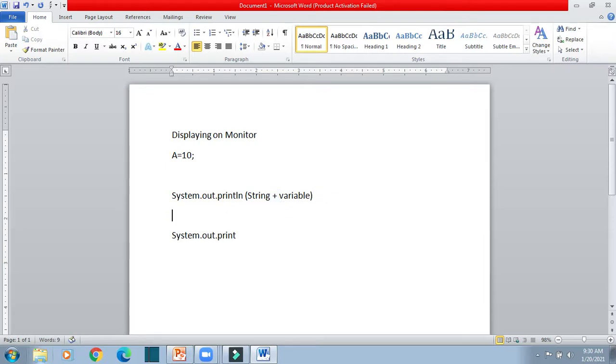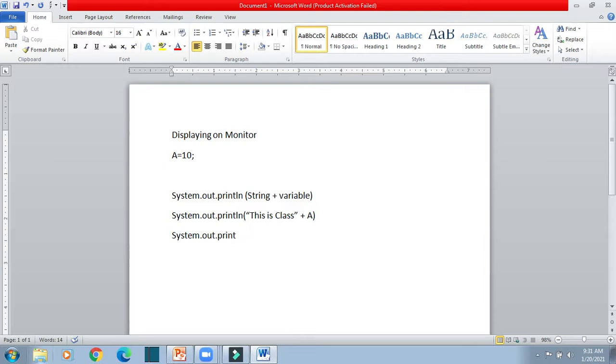For example, you can write System.out.println, and I am writing "this is class", and then instead of writing 10, I am writing a, which is a variable, it will give the value 10.